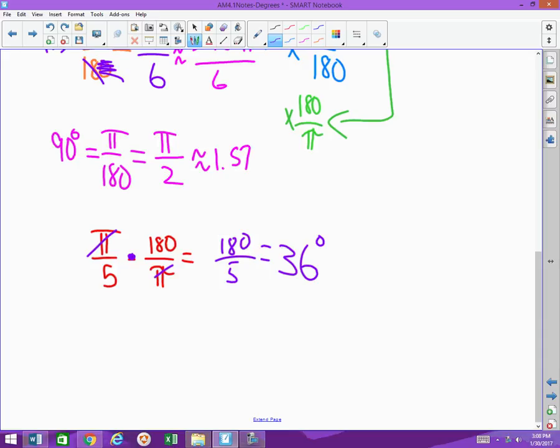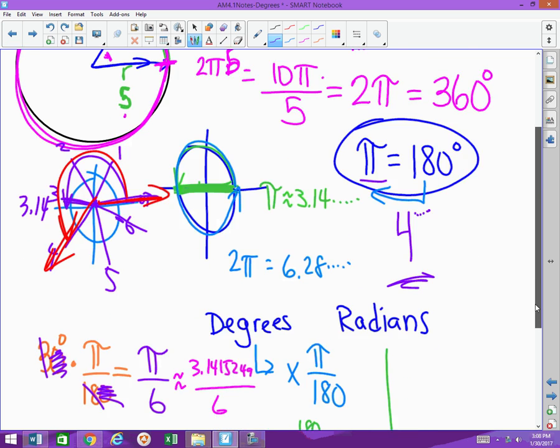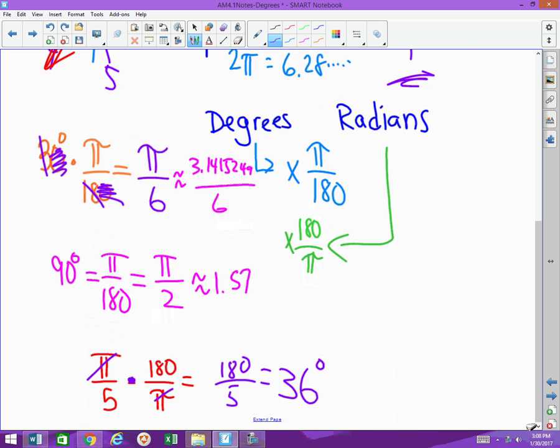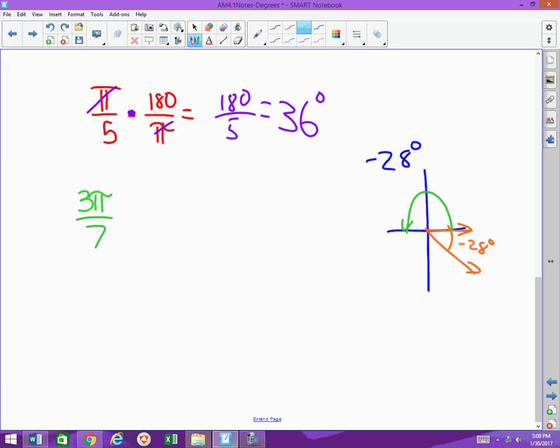Okay, then next thing, let's go back here for a second. When you're dealing with radians and having to draw, hopefully with degrees, when you have to draw a picture of an angle, you can handle where that needs to be. Just remember, if you have something like negative 28 degrees, on your coordinate plane, negative 28 would be like that. If it is in radian measure, like say 3 pi over 7, if you're trying to draw 3 pi over 7, understand from here to there,